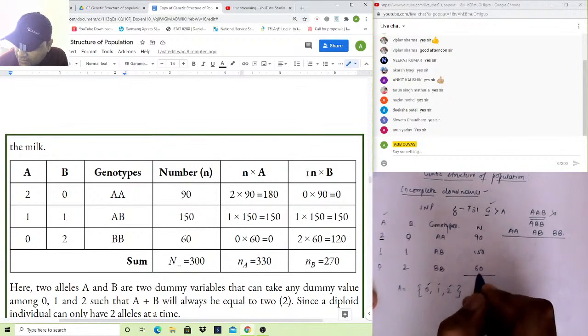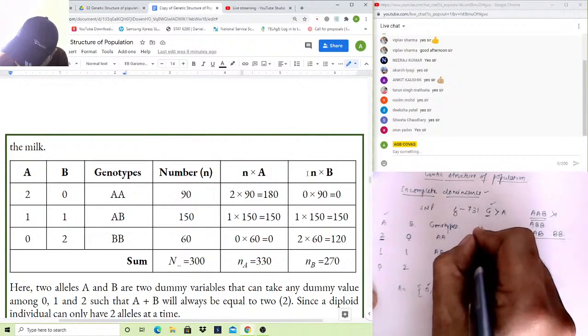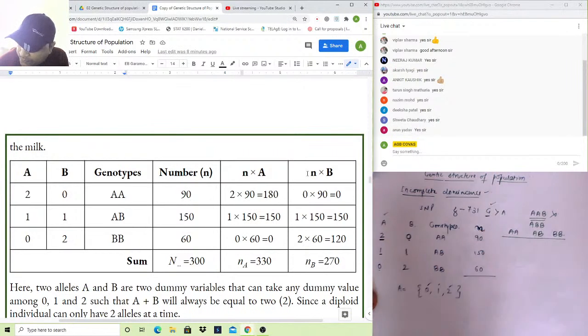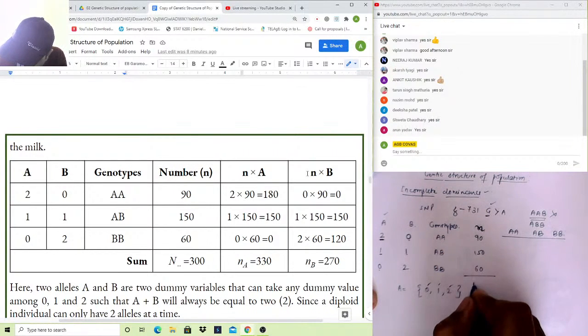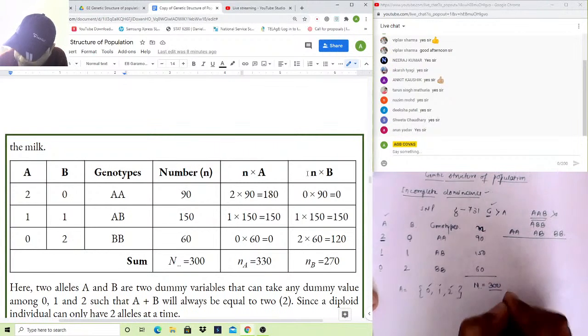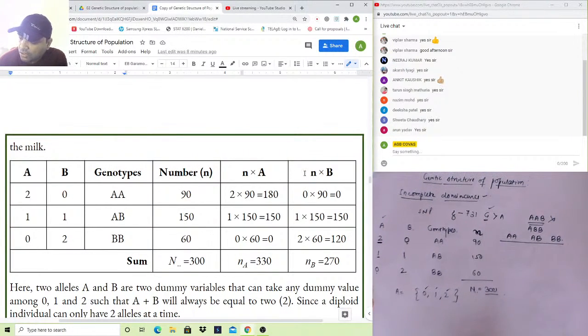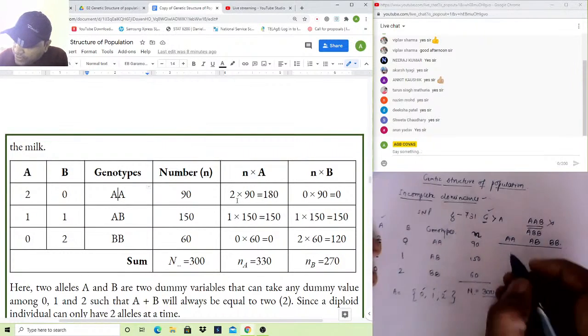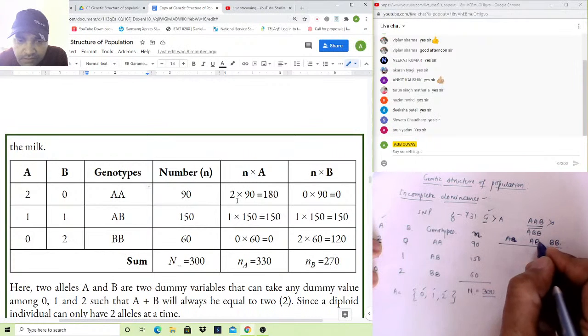So what you have to do is, if I assign the total by small n, it will be n dot dot, equal to the sum of these, that is 300. Okay, now we have to calculate the number of alleles. Say for example, these 90 individuals have A and A alleles, that is, two copies of the A allele. It means when we will be calculating about the